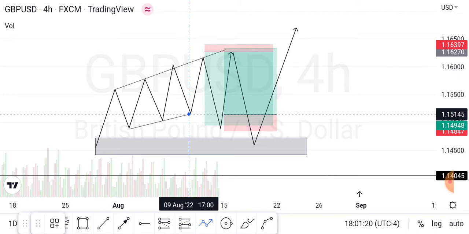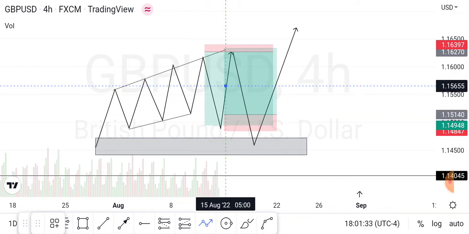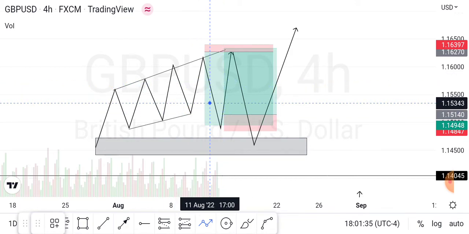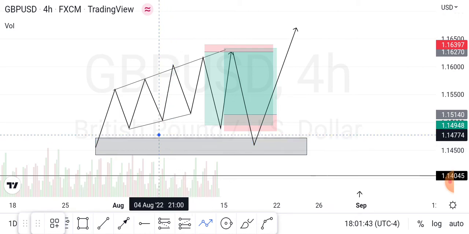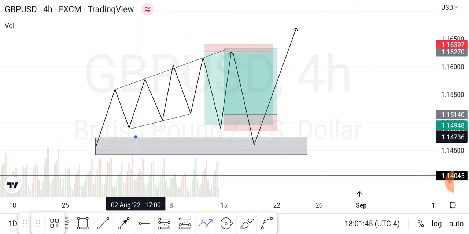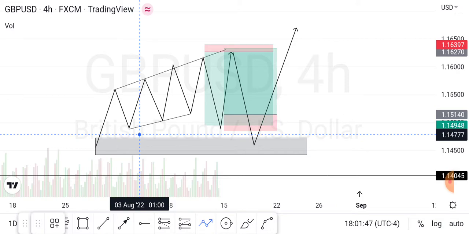So inducement, let me put this way, is a false call to action that the market makers generate in the market so as to cause us to make actions too early. And people who fall for this trap most times are newbies and impatient traders. Professional traders too can also fall for this trap. Very, very possible. If you don't see the hidden order block or the order block below, you might get induced.